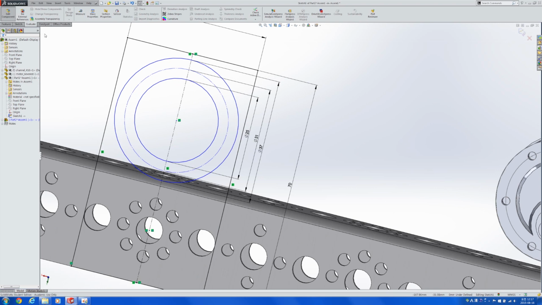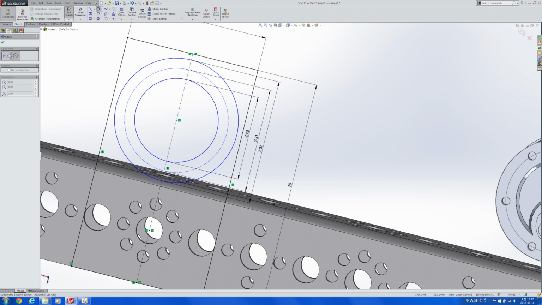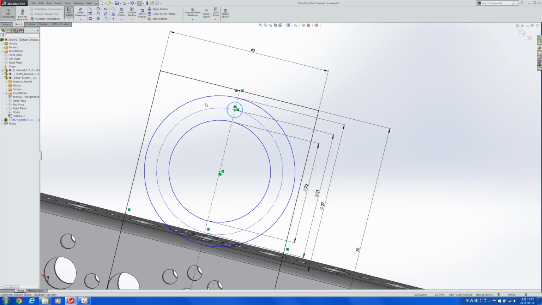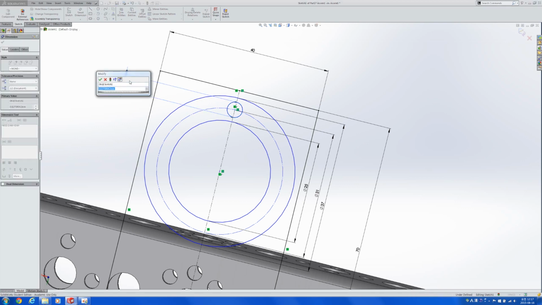I'm going to draw another circle right here, so that this can act as the circle that lets in the bolts as you're trying to bolt it in. A note: when you are drilling holes to fit on a plate to be CNC milled, you want to make it 0.2 millimeters larger so that it's easier to put in your bolt. So I'm going to make this circle 3.2 millimeters in diameter,